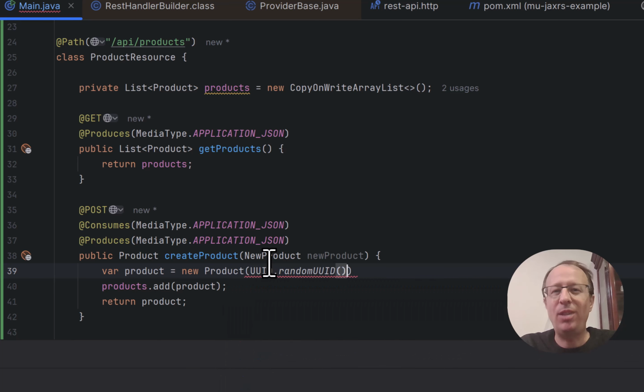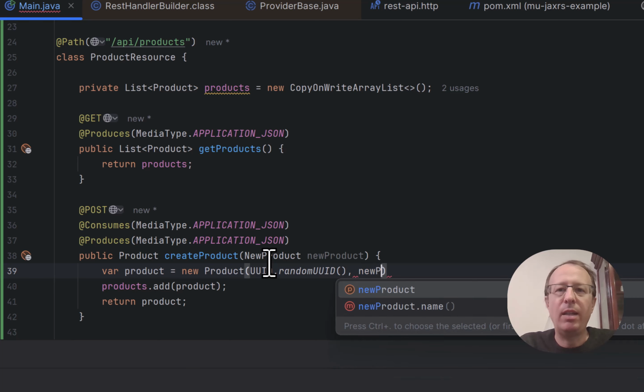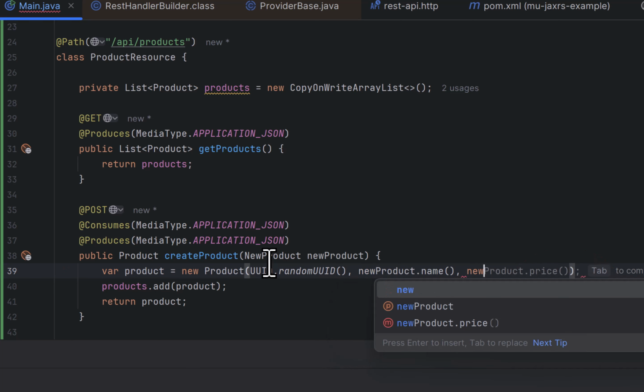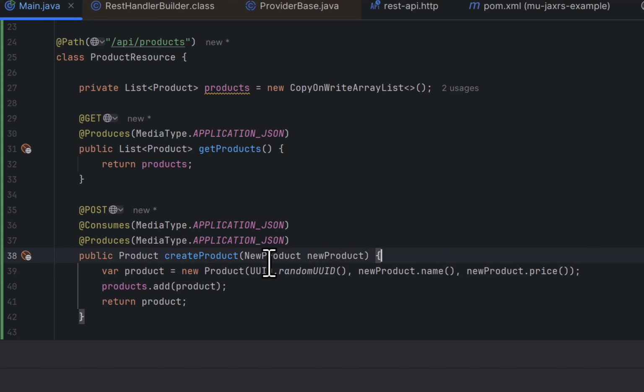We want to make sure it really is a random ID and not some duplicate the client has provided us. And then we just copy the other values from the client. Again, we're just going to add this to the list rather than saving to the database for this demo. And then we return the product we created. So the client calling this will be able to see the ID of the product that they have created.